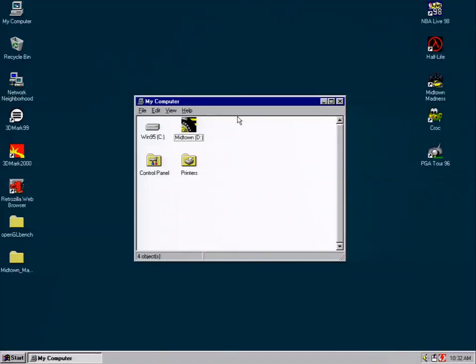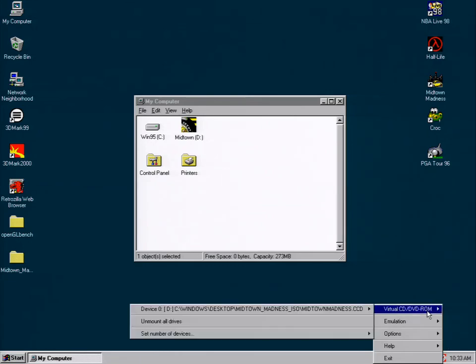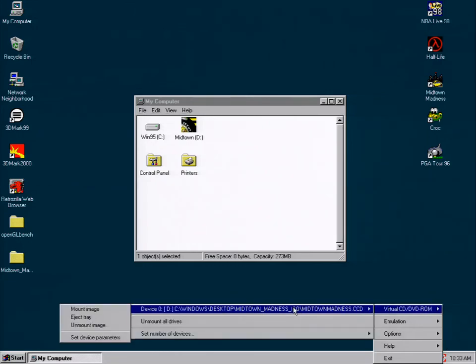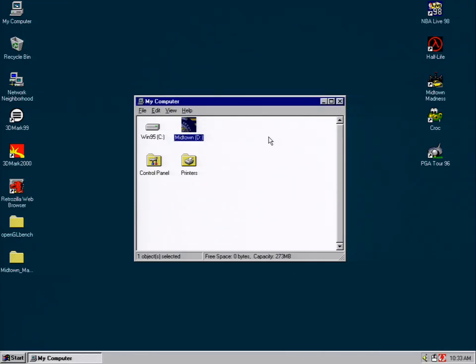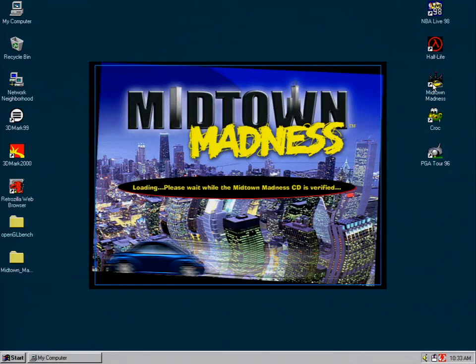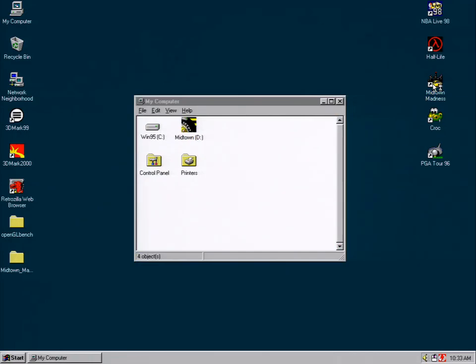The last Windows game I'm going to check out here is Midtown Madness. This is the original one. Now I also tested this on the other Wyse unit, but it seems to play a little bit better here on the Radeon card. This one also requires a CD, and this is where I'm going to demonstrate my Daemon Tools. You'll see we have the actual ISO file mounted as a virtual disk, and it's mounted as drive D,